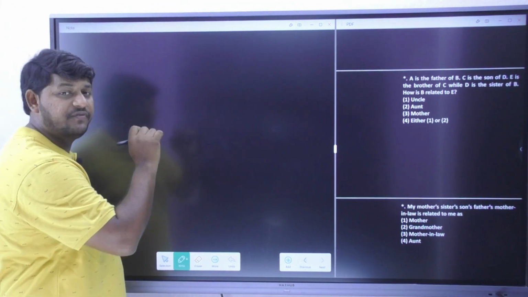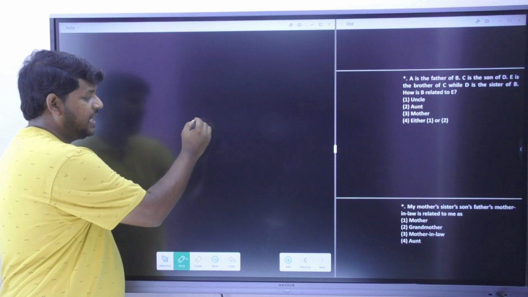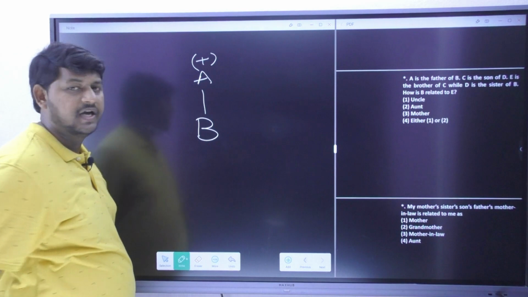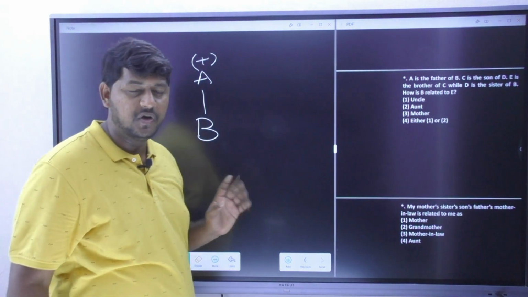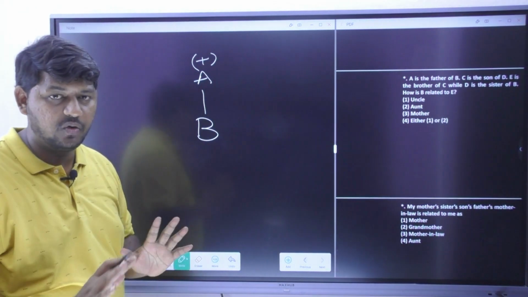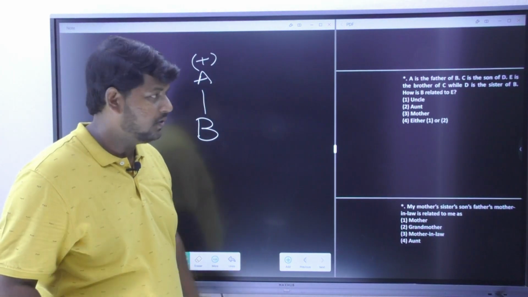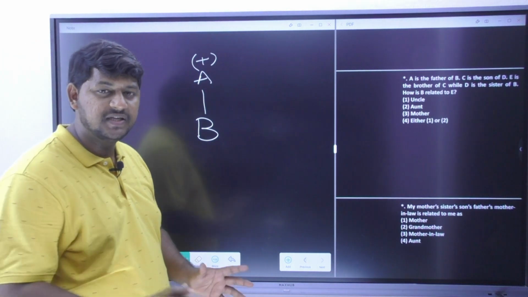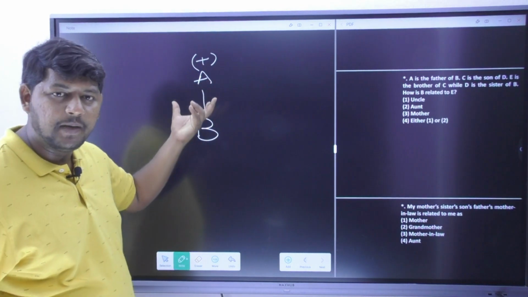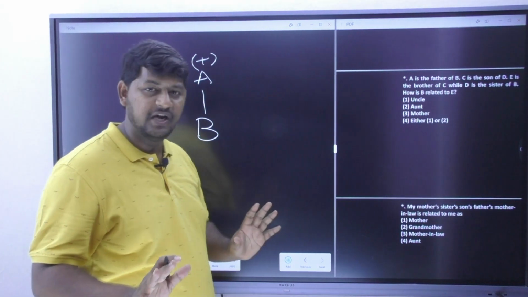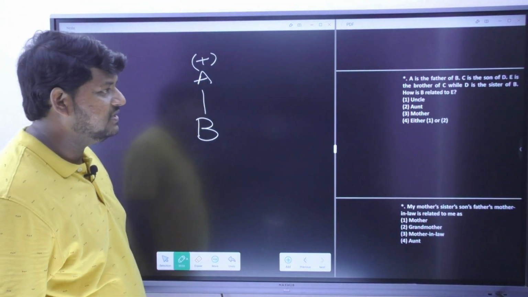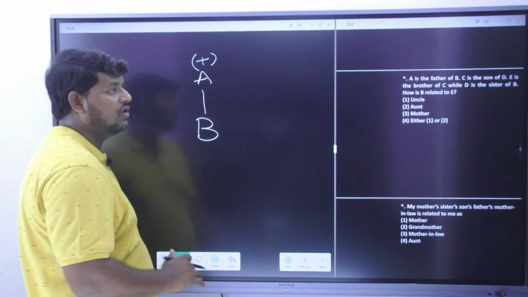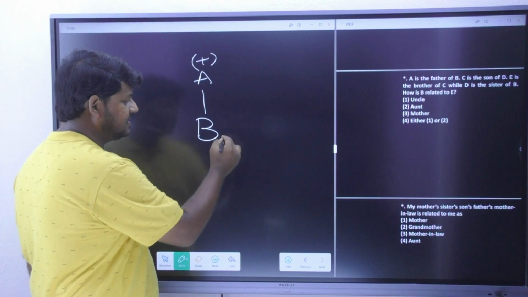Now A became the father of whom? B. I know the gender of A because A became the father of B, but I don't know the gender of B as of now. Let's move on. C is the son of D. I cannot represent this information by applying it to A or B, but I'll try to remember this information. E is the brother of C, while D is the sister of B. Now you got this information. D is the sister of...